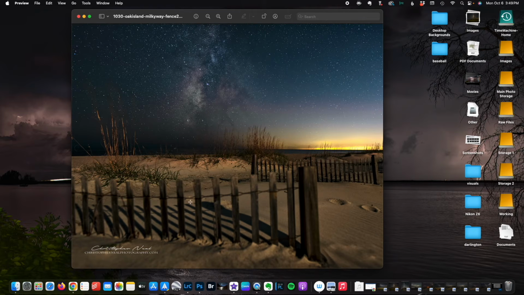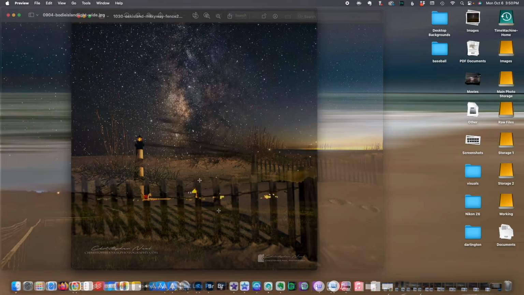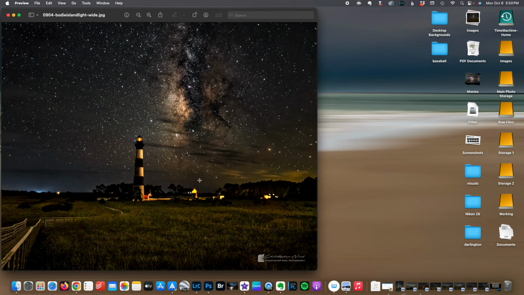This is from Oak Island, North Carolina, and the dunes in the foreground and the sand fence are lit by a lighthouse that's behind me. And this is the Bodie Island Lighthouse, one of my favorite lighthouses to capture because it has a lighting sequence of 2 seconds off, 2 seconds on, 22 seconds off, 2 seconds back on. So you have enough downtime to get dark images,